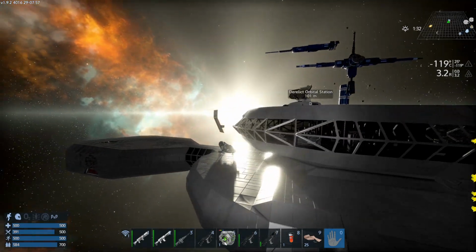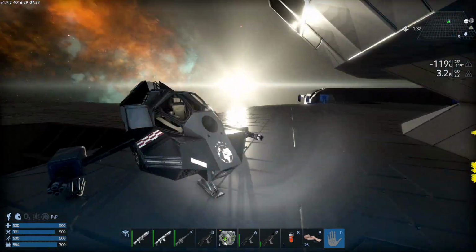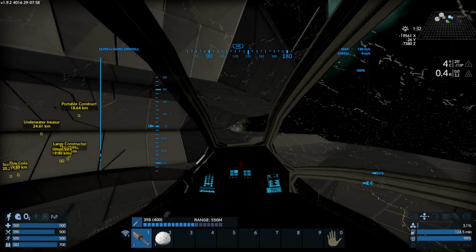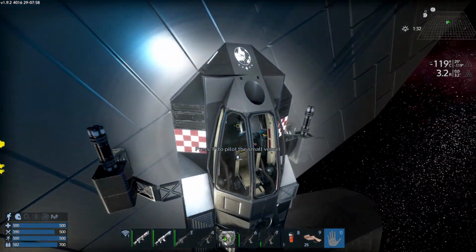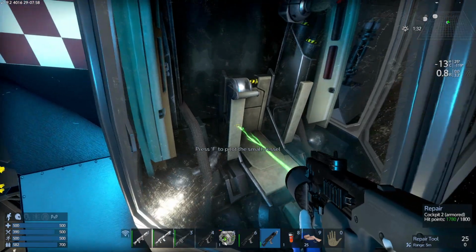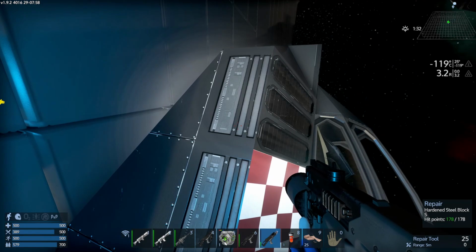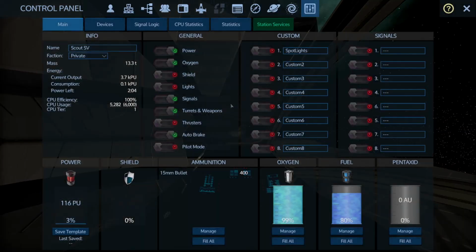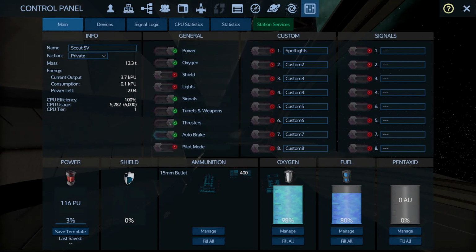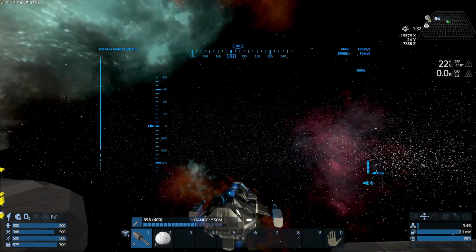There it is, just around there. Where's my ship? Is my ship being damaged? I've no idea how that happened. Maybe we're going to put the thrusters on, put the lights on, and see what we're doing, and let's ping out